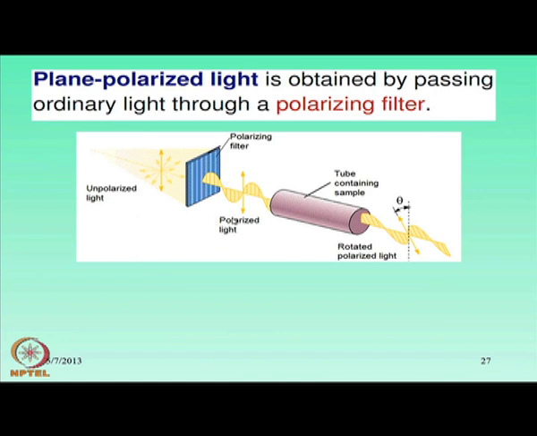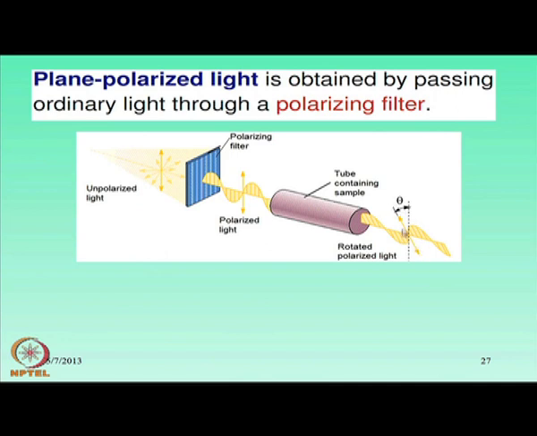So we get the polarized light, and when this polarized light is passed through the sample, the optically active sample kept inside the tube, there will be an analyzer when the light comes out, and that analyzer will monitor